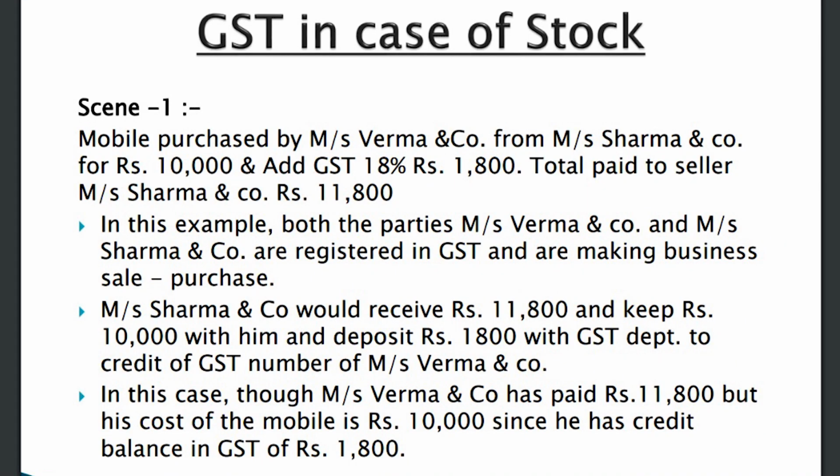Now, first of all, I would like to share with you, friends. For example, you buy a mobile phone of 10,000 rupees. What happens? The seller charges you 18% GST, 1,800, apart from the 10,000. So what you pay him is 11,800. What does he do with the 11,800? He retains 10,000 rupees with him, and the 1,800 he will deposit with the government in the GST department